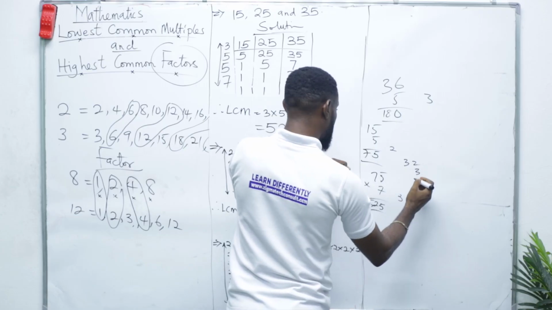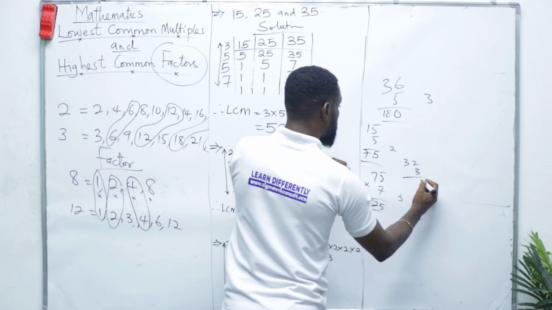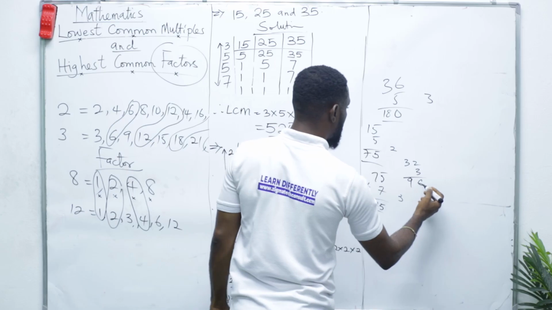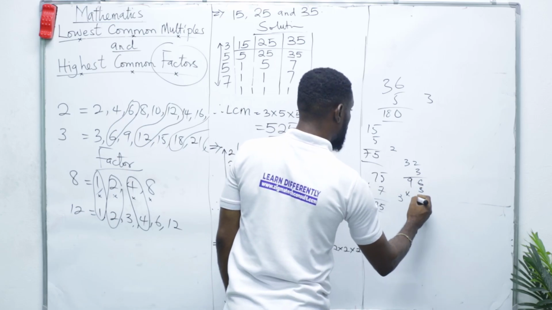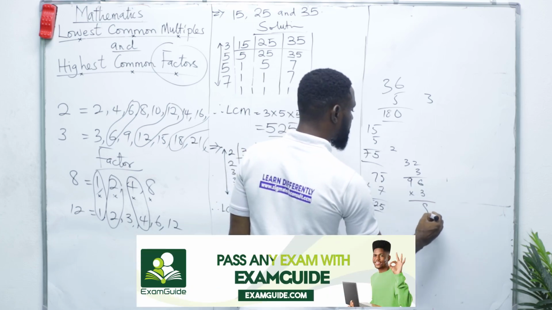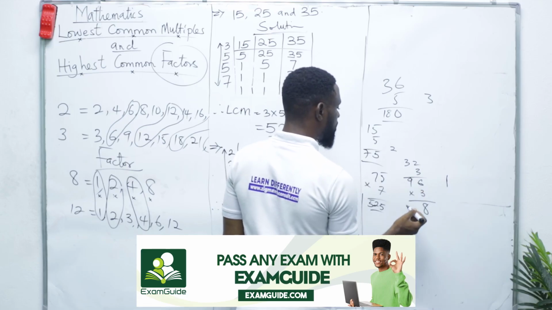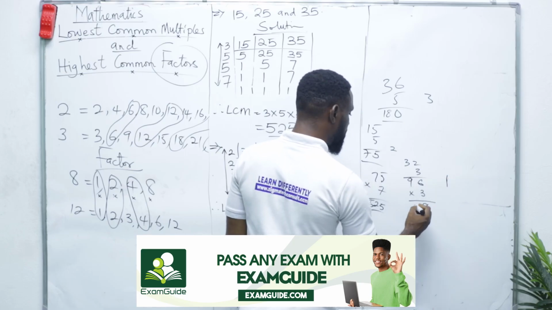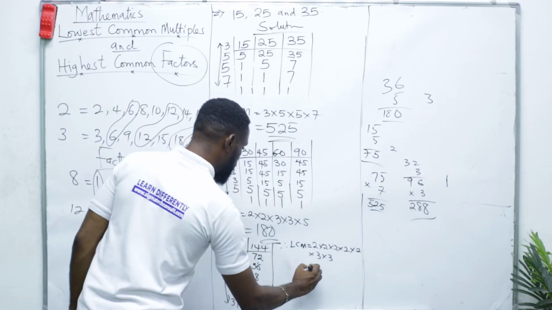32 times 3 is not 64 rather. So 3 times 2 is 6. This 96 times this 3 that we have here now. Okay, times what? 3. So 3 times 6 is 18. So write down 8, carry 1. All right. 3 times 9 is 27 plus 1, 28. So this is 28. So this is 288